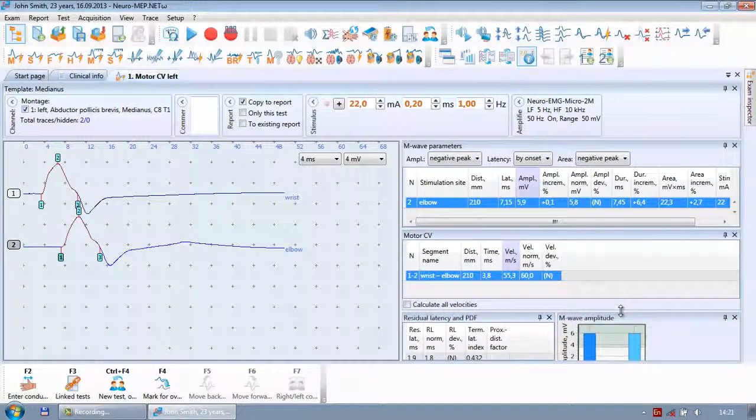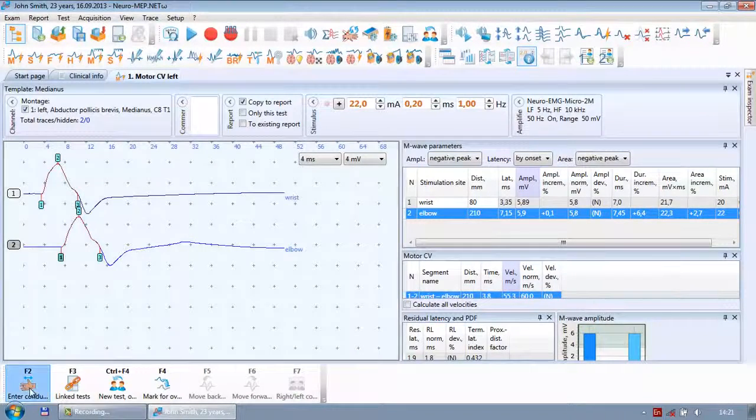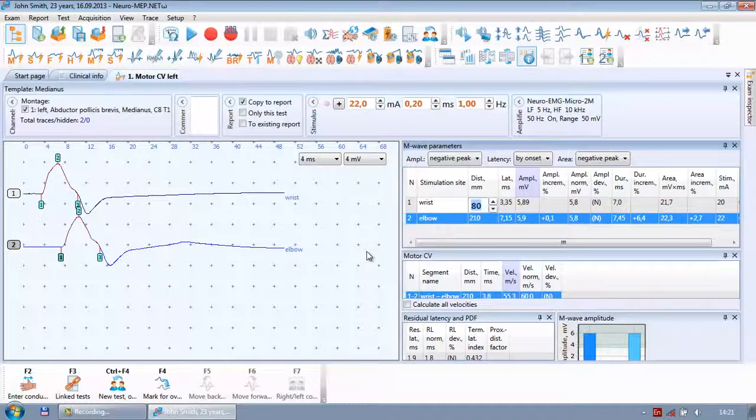So to enter distance, I just press F2, and the software is ready to accept first distance. I measure the distance between recording electrode and stimulating electrode, between minuses, and it is at this patient 85, and I press F2 second time, and the software automatically is ready to accept the second distance. Second distance at this patient is 240,